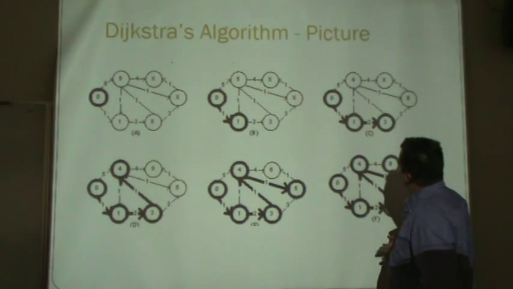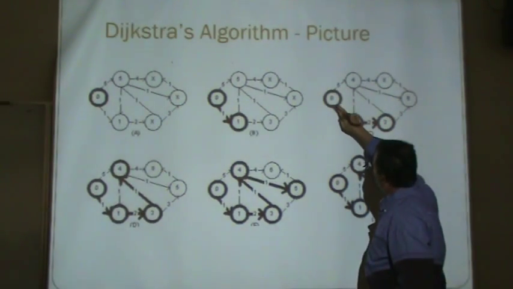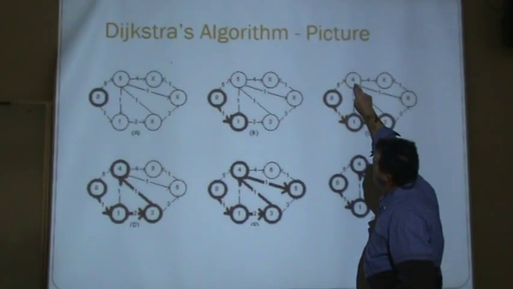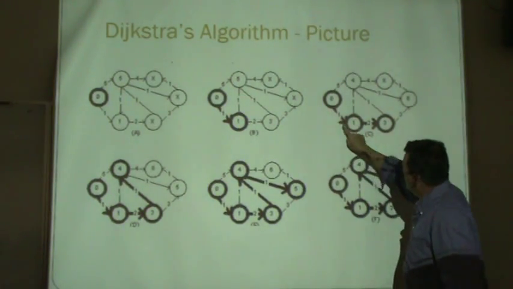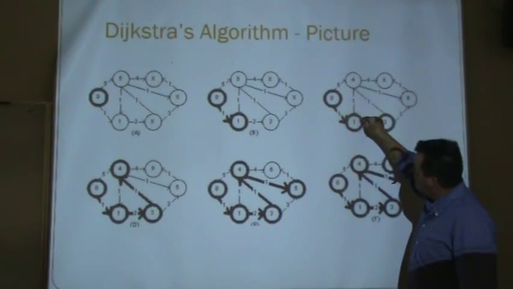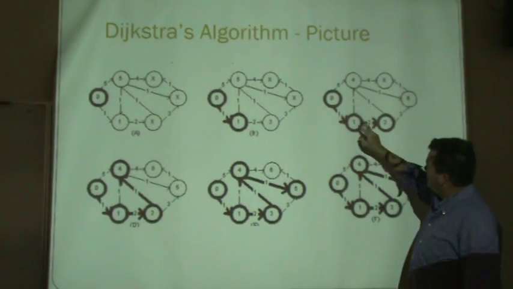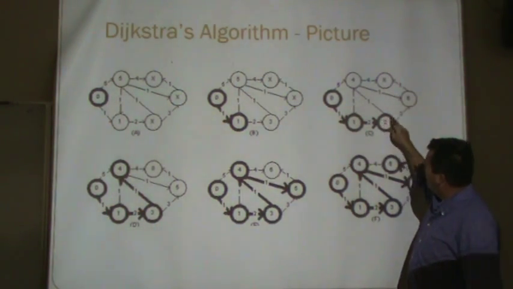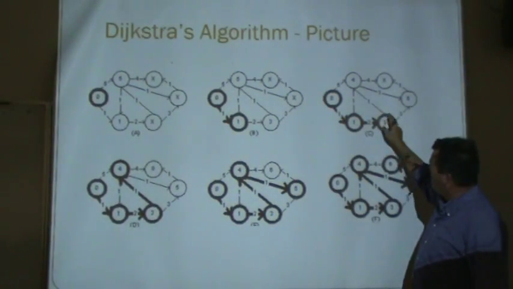We also know that we can go from, this used to be a 5, now we could go 1 plus 2 plus 1 and get here in 4. But that may not be the best answer. Maybe we can get to there, or like if there was another road for a half, we might be able to do better than